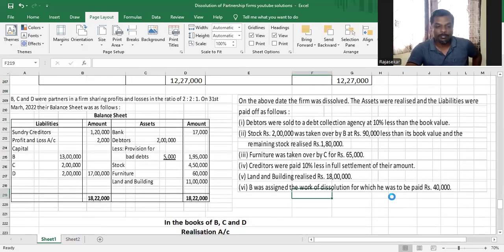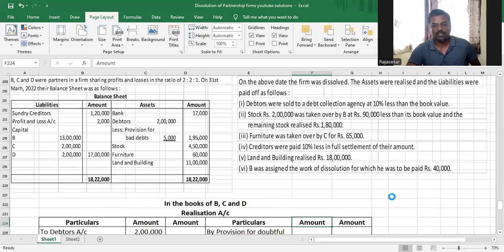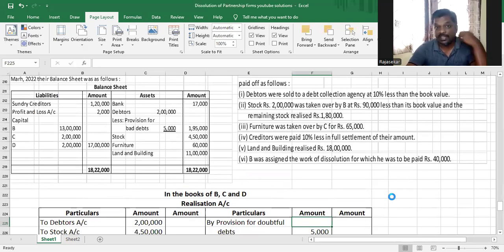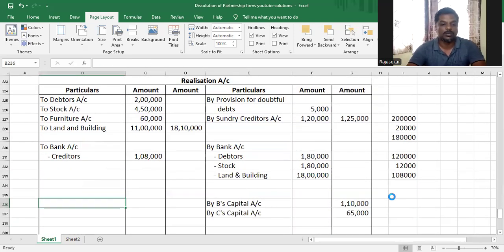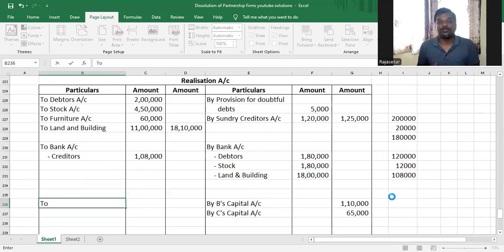So we have to pay B. B is doing the realization work, dissolution work, and therefore we have to pay him remuneration of 40,000. So paying remuneration for dissolution is an expense. So expense will be debited to realization account because that is the only nominal account available. And if it is paid by the firm, the journal entry will be realization account debit to bank account. But if it is payable to a partner, we will write realization account to B's capital account. We'll create the liability in the partner's capital account. So to B's capital account